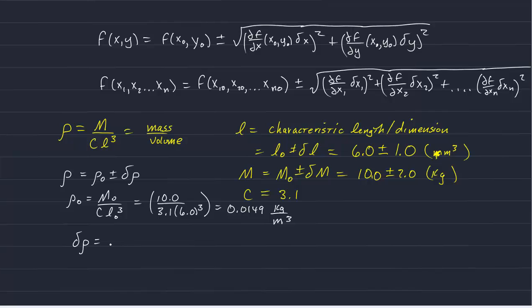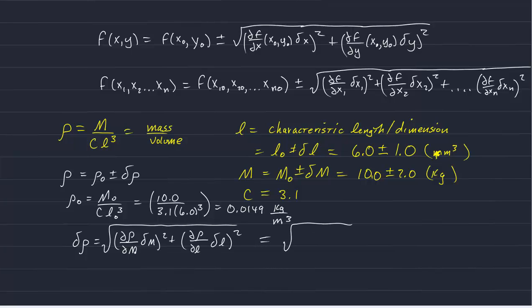Delta rho is equal to the square root. First, we take the partial derivative of rho with respect to m times delta m squared plus the partial with respect to L times delta L squared. And so the partial derivative of rho with respect to m is just 1 over CL cubed. So we get a delta m over CL naught cubed